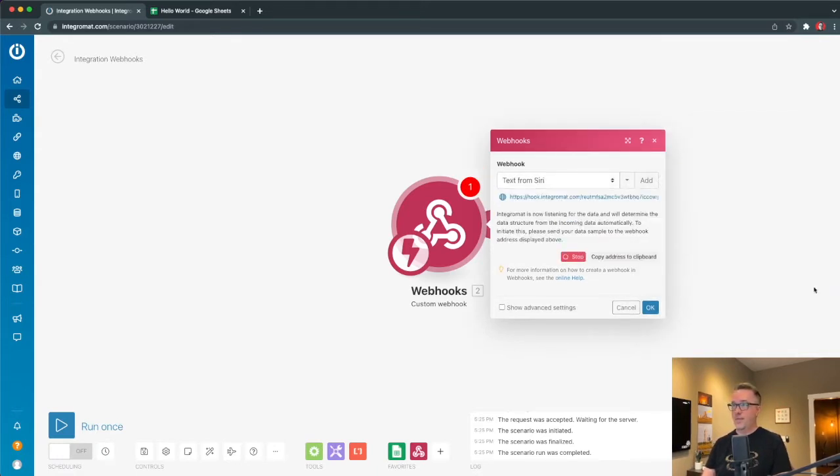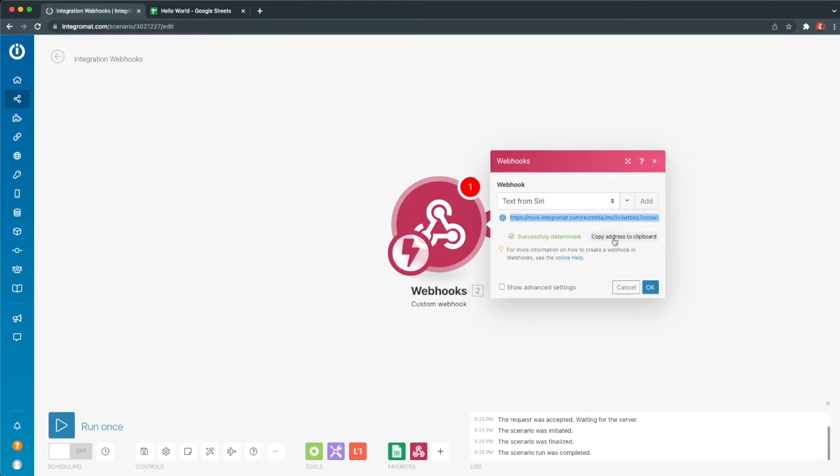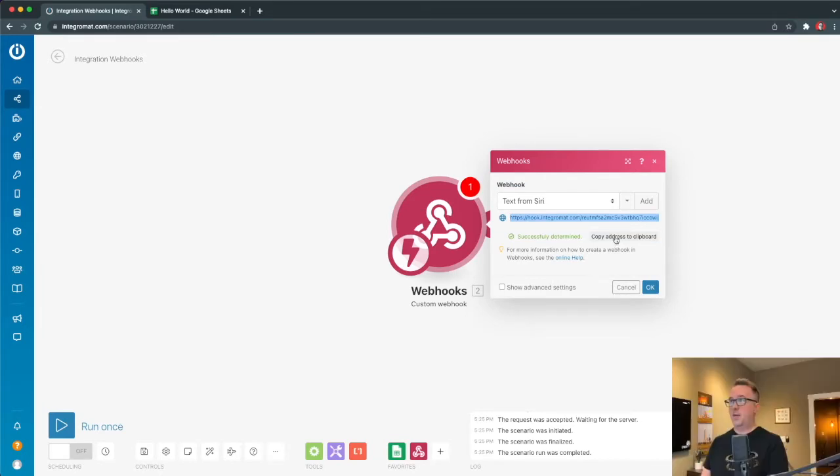We'll save that, and now we get this URL right here. From this, we can copy it to our clipboard and go from there. Now that we have our webhook, I'm going to show you how you can use this. Let's try something out real quick. I'm going to copy this,